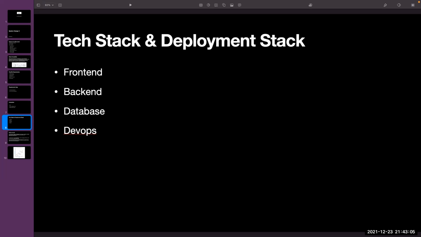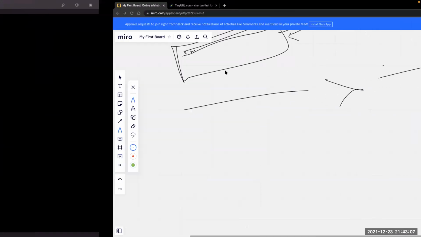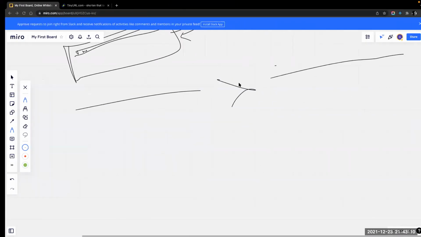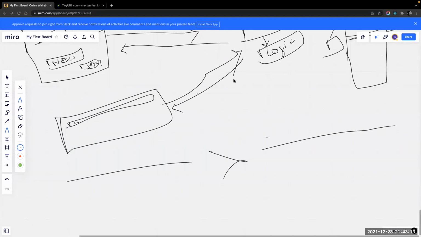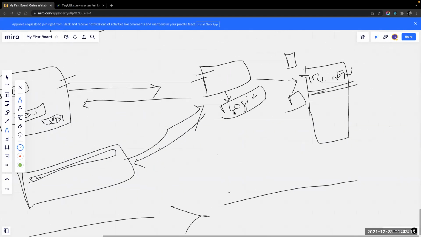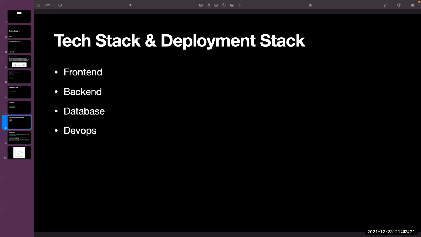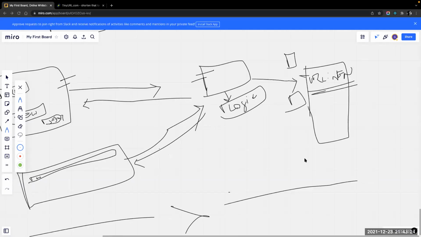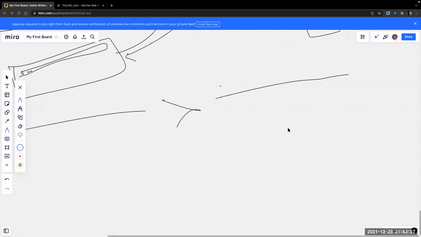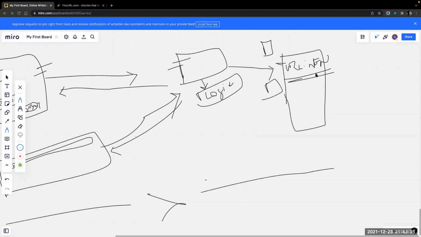The backend is nothing but the servers. This server runs some logic, and it stores it in the database. All this code is called the backend. Then we have the database. There are two types of databases. One is a normal SQL database, and another one is a NoSQL database. SQL databases are nothing but tables, like we have this table here. That is called a SQL database. The NoSQL database we will learn later. The MongoDB that you're going to learn in this course is a NoSQL database.